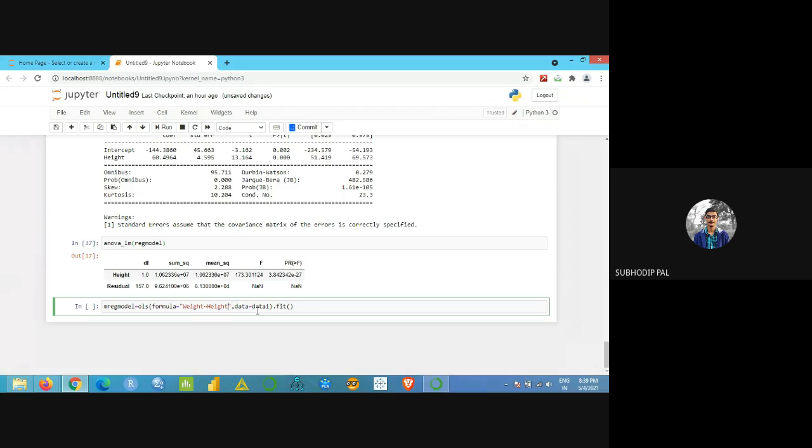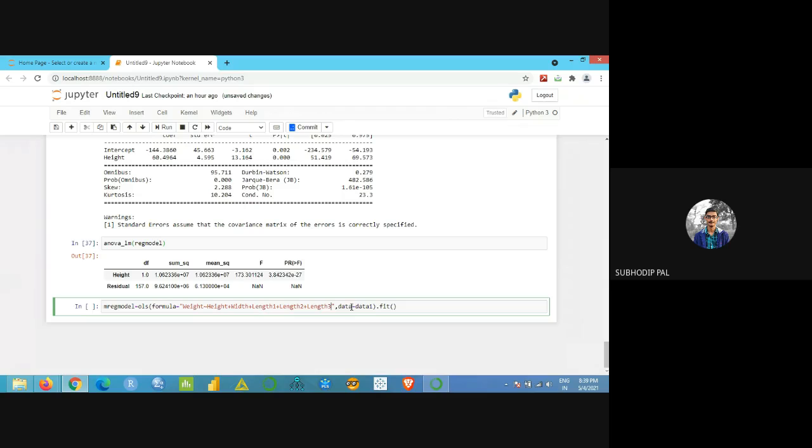So height is one independent variable. I want other variables also. There was one variable, so I'll add plus the other variables. Plus length one, length two, and length three were there, right? Length one is another variable, then again plus length two plus length three.